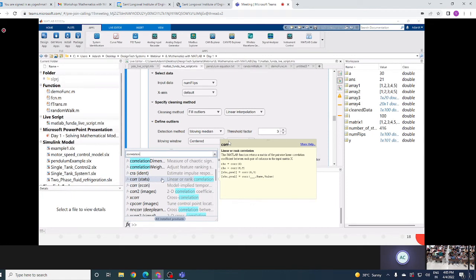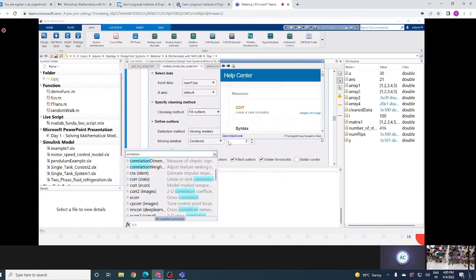If I hover my mouse over this, it will show me the help, a small glimpse of what this function does. This is a MATLAB function that returns a matrix of piecewise linear correlation between two, and it will also show you how you can use this function, how you have to give inputs, and how you will get the output. If you are not satisfied with this much help, you can click here on more help. It will take you to the page